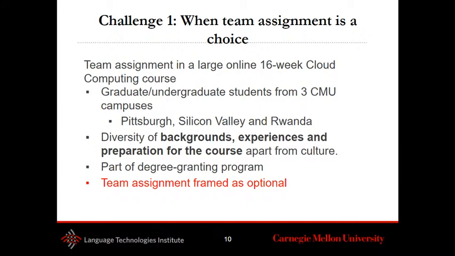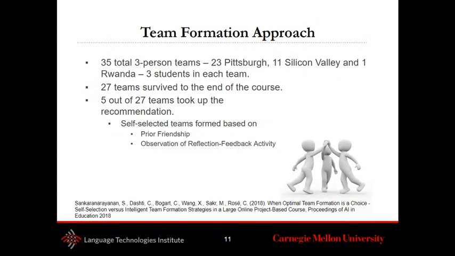So the question here is, is the algorithm enough, or are there contextual factors that might actually make it not end up having a good effect? And you could think of it as analogous to the medical context, where the doctor gives you the best medical advice, but you may not take it up. In this particular course, 3-person teams were constructed out of a whole class. And so team assignments were computed and given to students, and then they had their choice how they were going to respond. And actually, very few teams ended up taking the recommendation. And so therefore, the whole thing really broke down.